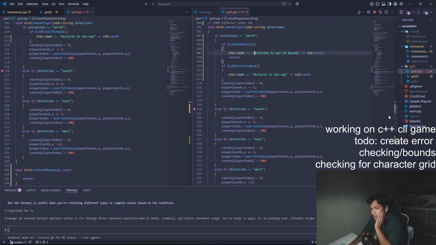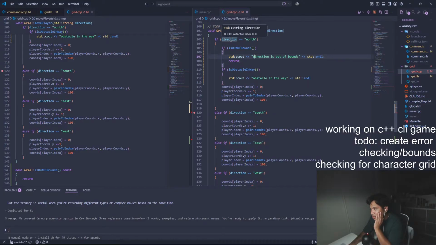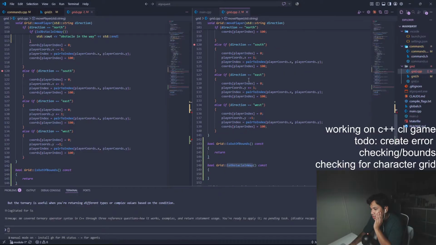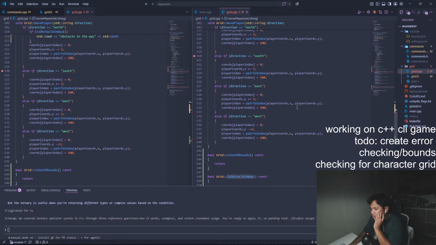But yeah, I'm trying to pass in the state of the player's requested direction into the bounds and obstacle checking, because I also need to check if